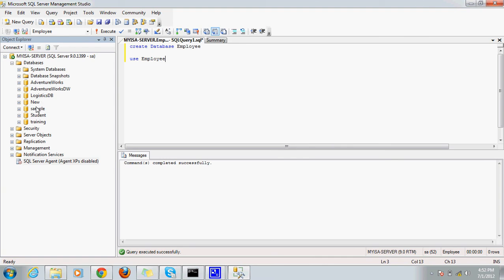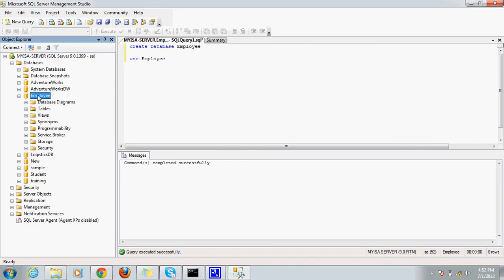As you can see, a list of databases is available which was previously allocated. So we need to refresh databases. You will get your newly created database here. What was the database? Employee. Good, we got the employee database. As you can see over here, you have so many options: database diagrams, tables, views, synonyms, programmability. The relevant thing right now is tables. Fine, we'll be studying everything in further sessions. So we need to use tables over here.